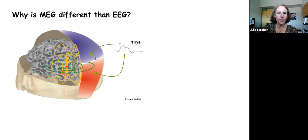So the question is why do we use MEG as opposed to EEG? And our primary motivation is because the electrical properties of the skull actually distort the EEG signal to some degree. So that's what these yellow lines are trying to demonstrate, that because the skull has different electrical properties than the brain or the scalp, it makes it difficult for the EEG signal or the electric potential to get through that barrier. Whereas with magnetic fields, they're only distorted by